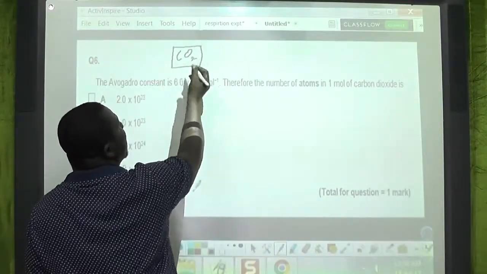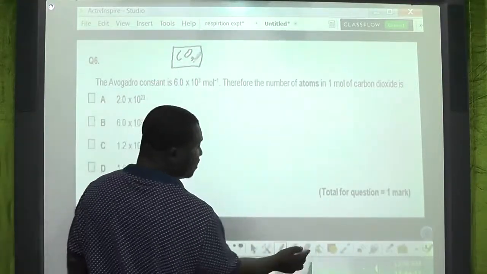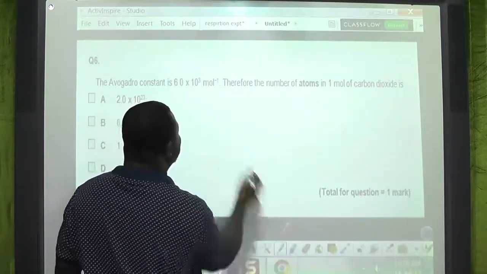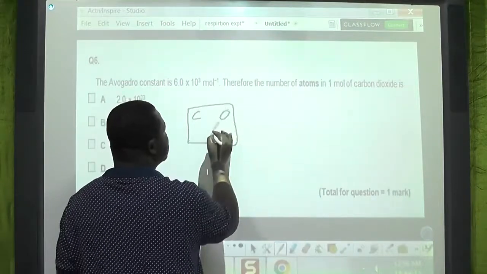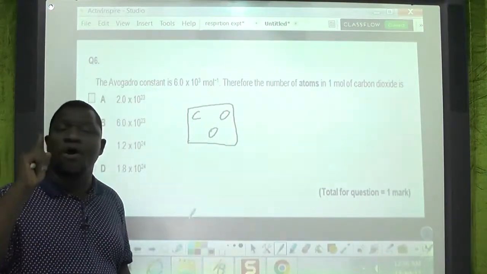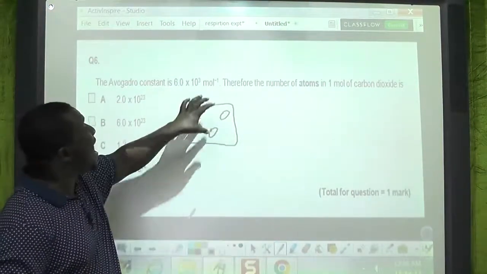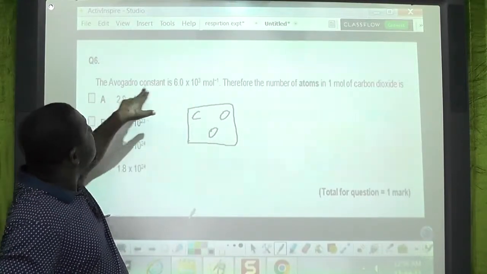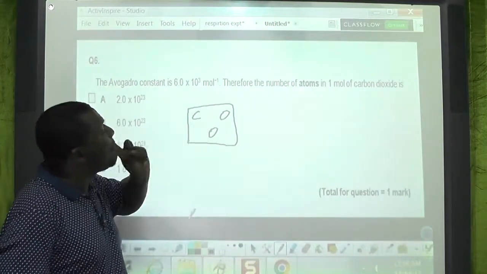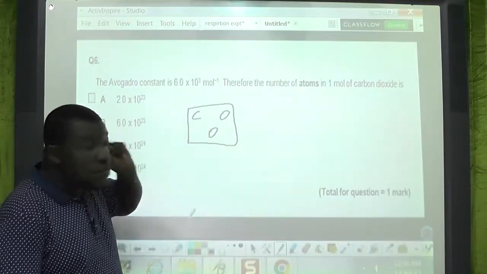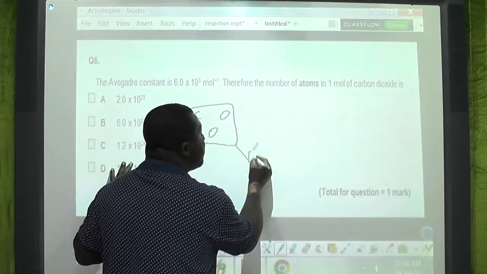There are 3 atoms here, 1 carbon and 2 oxygen. 1 carbon and 2 oxygen right in there. 1 carbon and 2 oxygen, carbon, oxygen, oxygen. This is what I have for 1 carbon dioxide molecule. But in 1 mole, they're asking of 1 mole. 1 mole of carbon dioxide will be this multiplied by